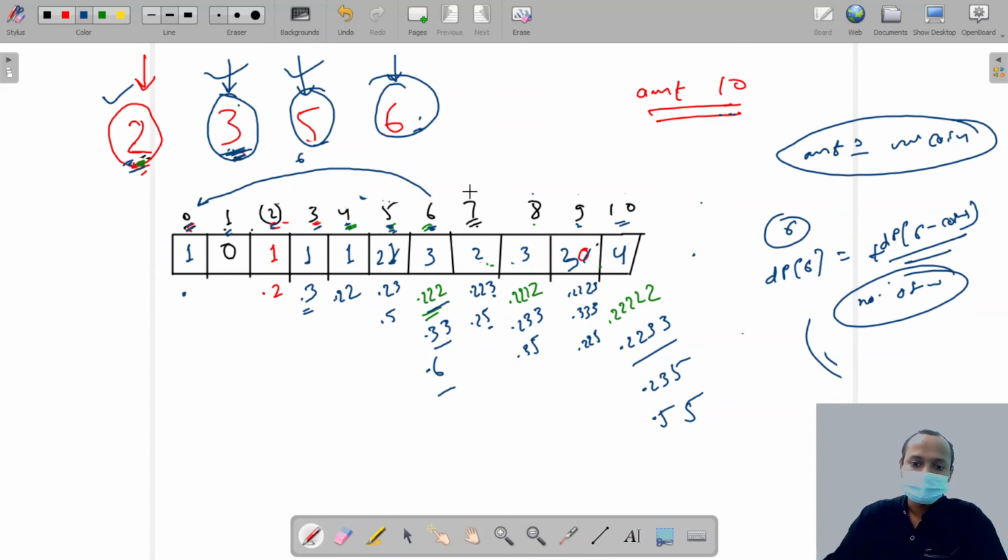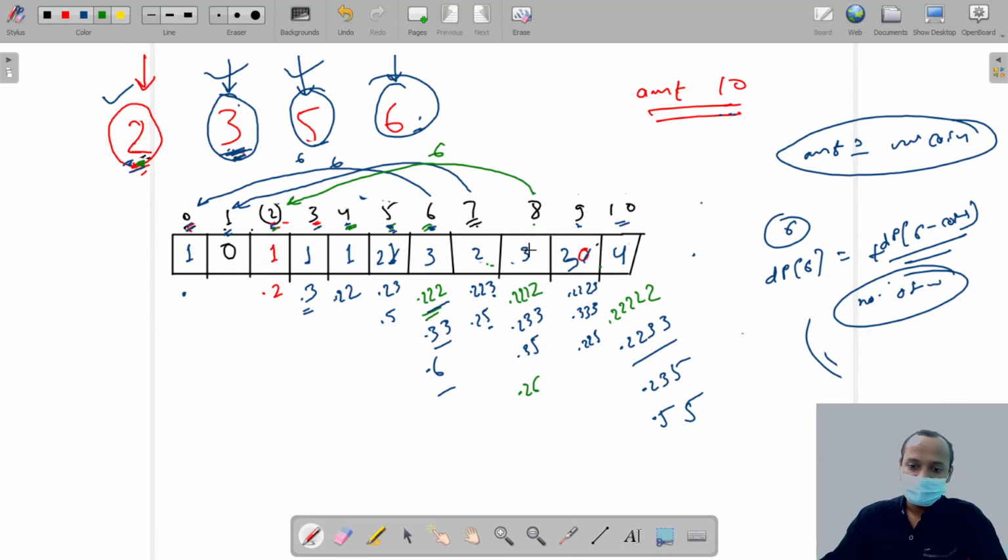Now we add 7. We have to pay 7 rupees. Then we use a 6 rupees coin, so we add 0, and there is no way to pay 1 rupee. So there is no way to pay 7 rupees by using a 6 rupees coin. Now 8. Using a 6 rupees coin, we are at 2. We have to pay 2 rupees, and there is a way to pay 2, that is 2. We are adding 6, so there is another way to pay 8 rupees, that is 2, 6.